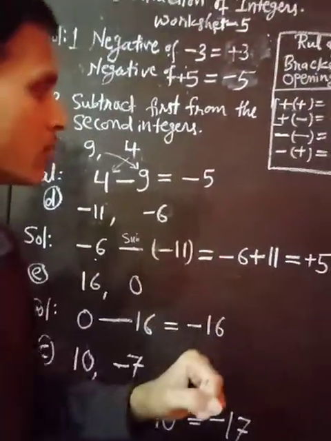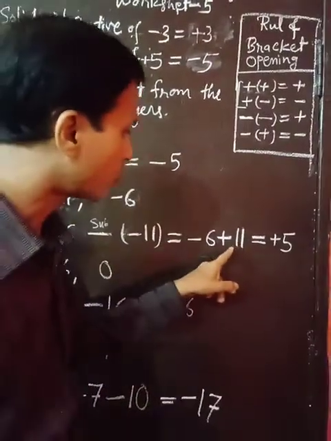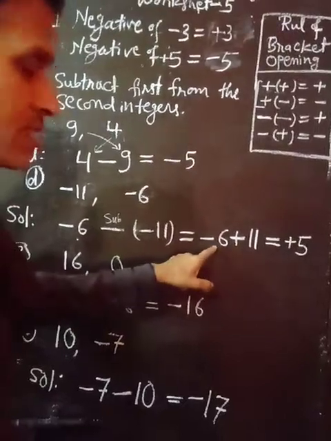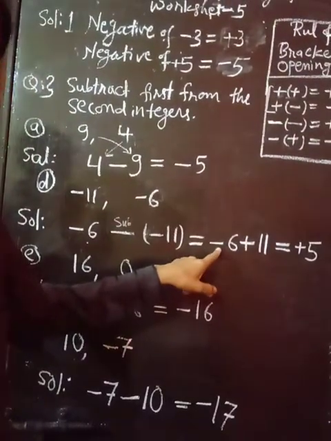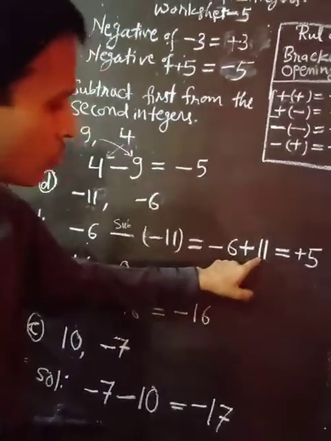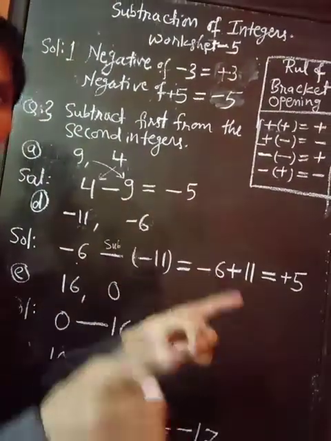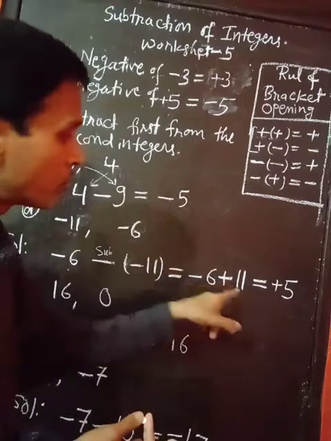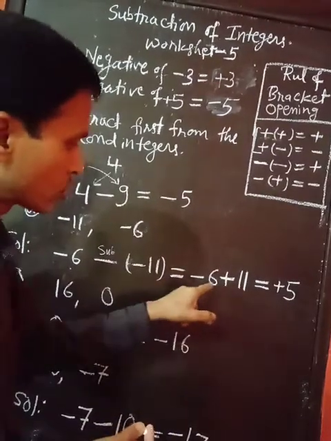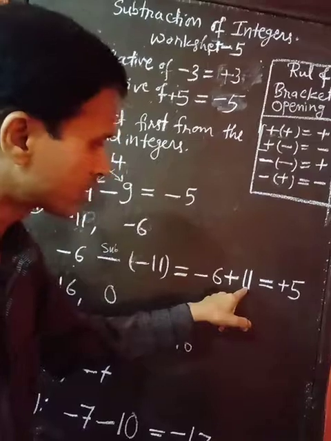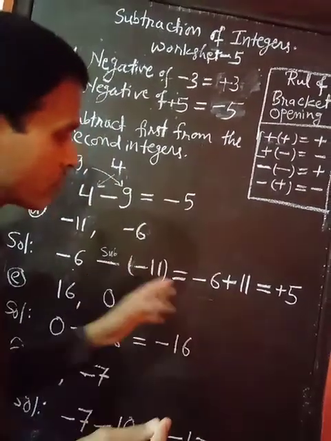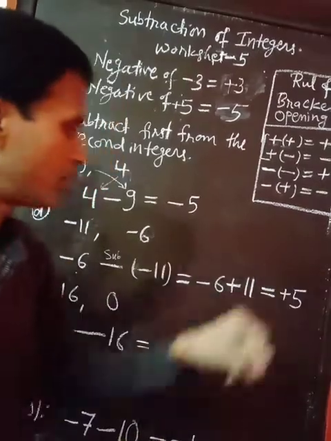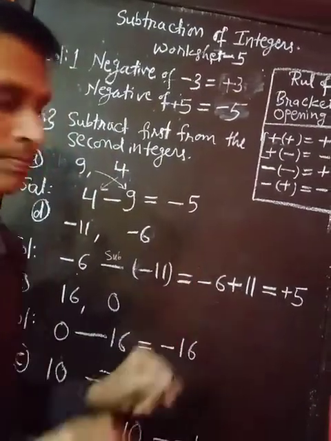Otherwise you can understand it another way. Positives are soldiers: 11 soldiers are there, and 6 negatives you assume as enemies. So 11 soldiers and 6 enemies cancel each other. How many are left? 5. Who is left more? Six enemies will kill 6 soldiers. So how many are left? 5 soldiers are left, so the positive sign will come. In this way also you can solve this.